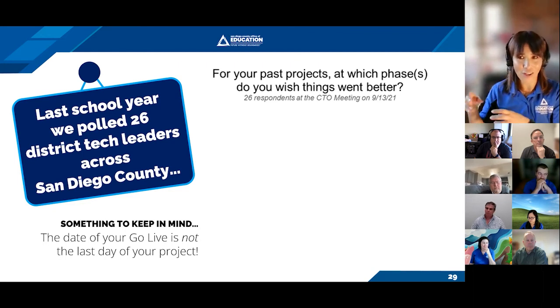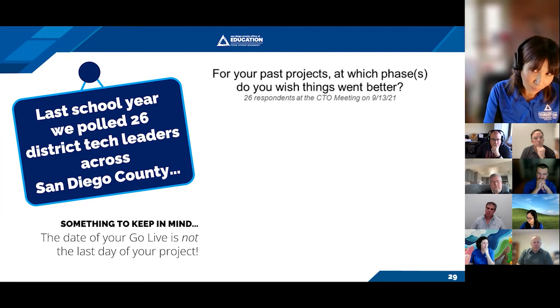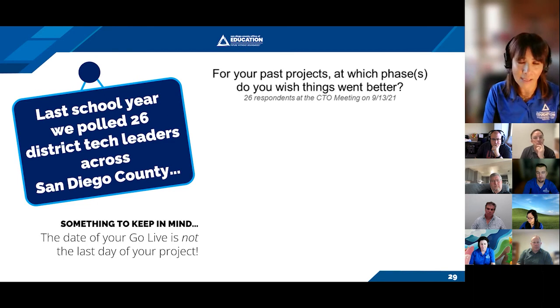You write a project charter and you have a kickoff meeting and you get yourself organized. We went through all the pieces. So when we got the poll response back, we found that 25% of the CTOs wish things went better at the planning phase, 27% at the execution phase, and a startling 48% at closure. Startling, but not surprising, because in our experience as well, it was kind of the forgotten piece of a project. And really the mindset was, okay, we went live, on to the next thing.